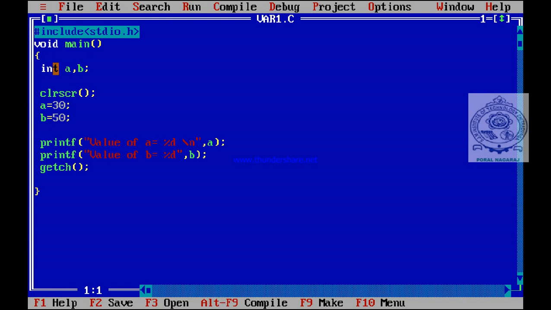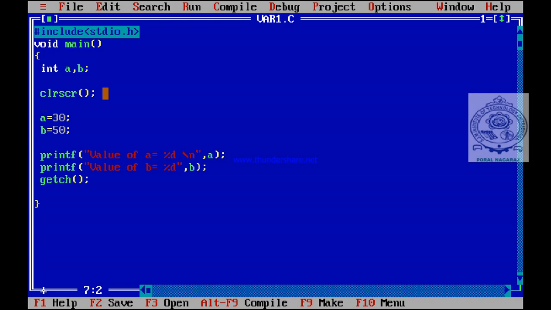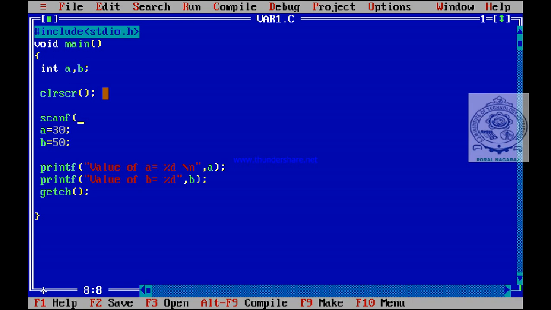So that's what I will do. Instead of writing a assigned value 30, I will write scanf. You know the syntax of scanf. Within the control string, in double quotes, we use only format characters: %d, %d.